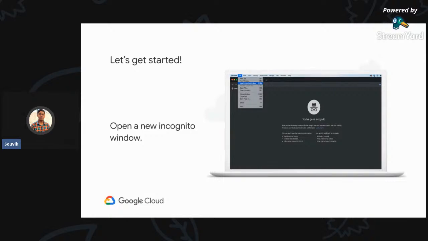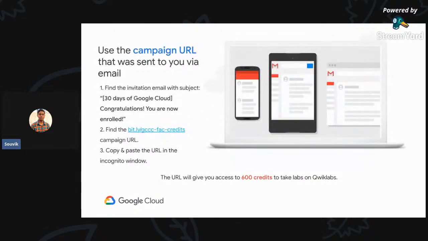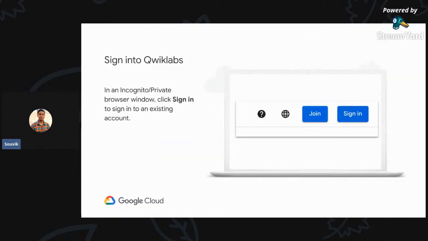So first open that window. After opening that window in incognito mode, you have to sign in with the Qwiklabs account with which you filled the form initially. And after signing in,